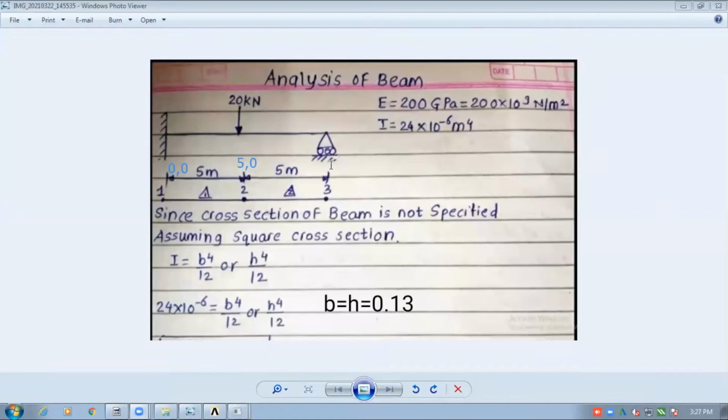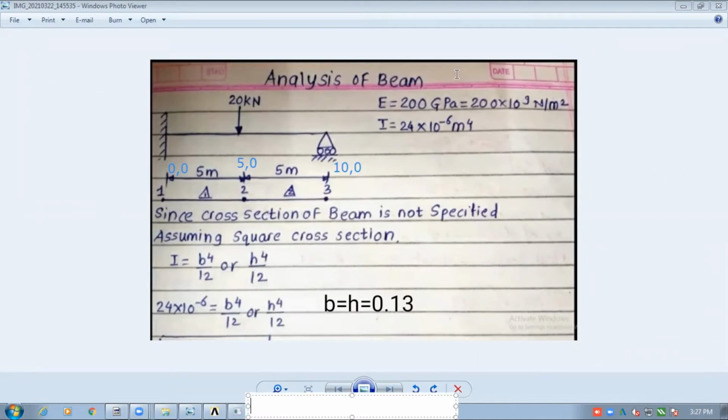Is it okay or not? Yes, sir. What is the location of node 3 then? It's 10, 0. Is it okay? Let me know. Yes, sir. So one will be at 0, 0, second will be at 5, 0, and third will be at 10, 0.